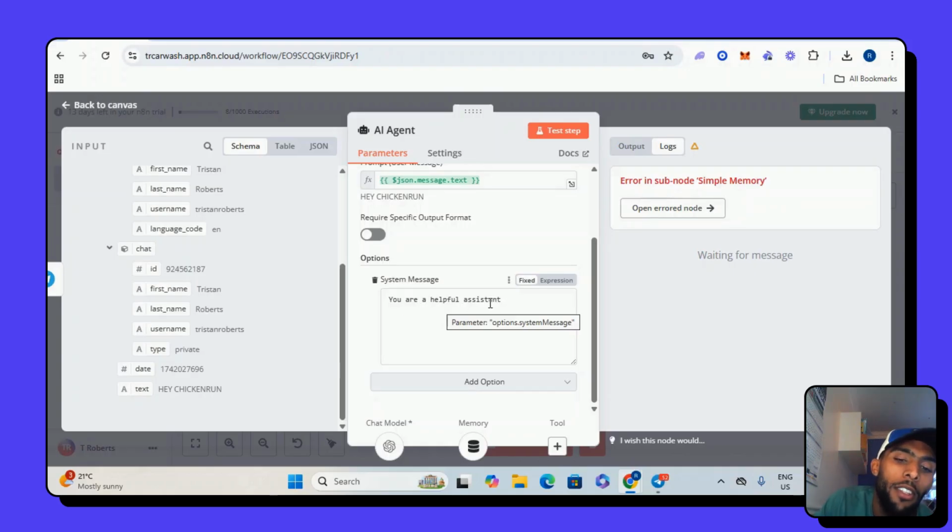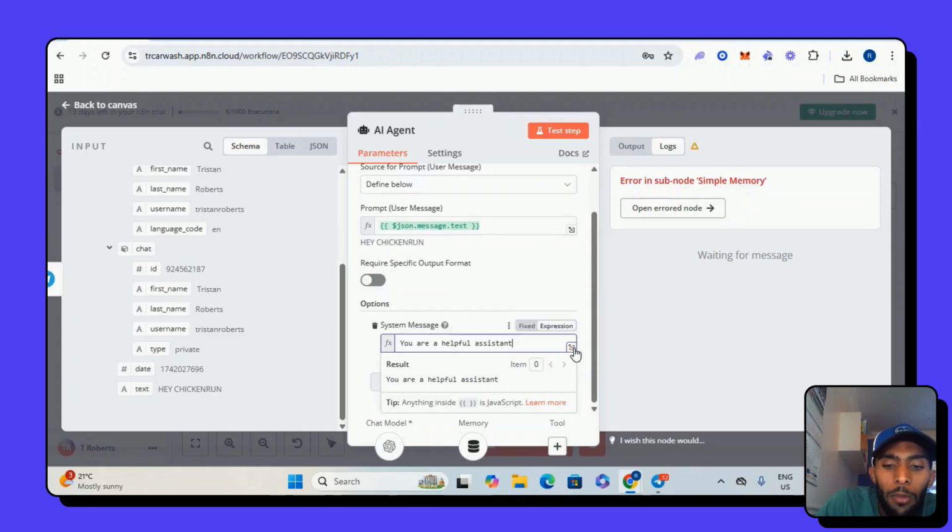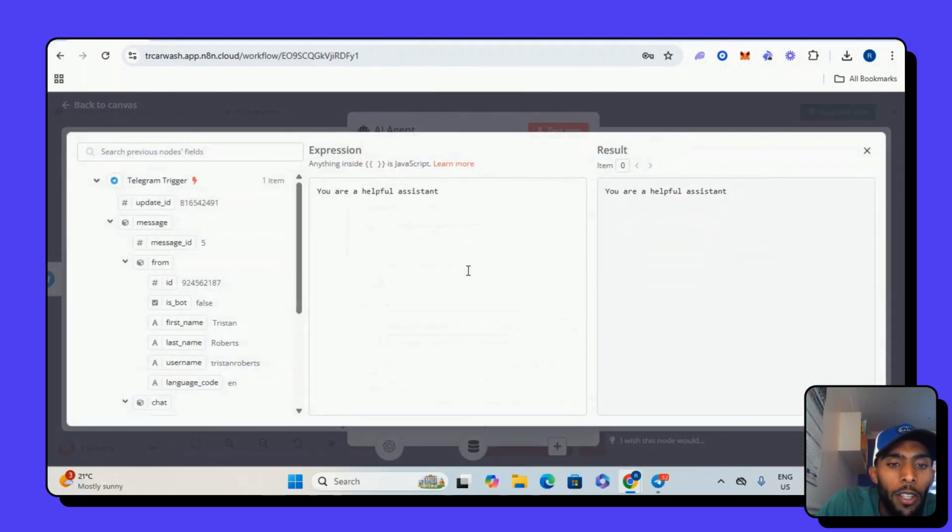This came already with the option under system message, but we're going to be changing this. So what we want to do is go to expressions and click this arrow in the corner. And then guys, it's not hard. We can use AI to actually give us something to use.